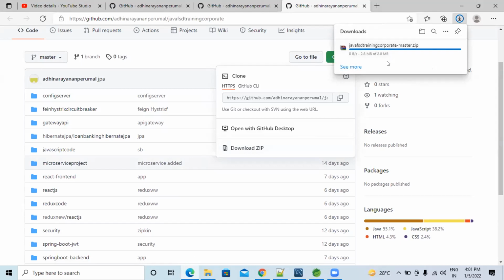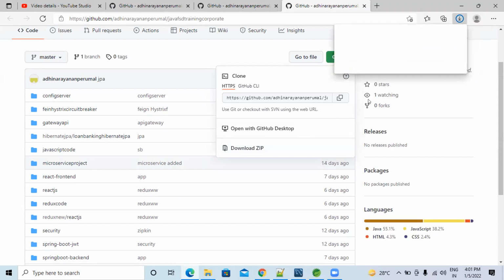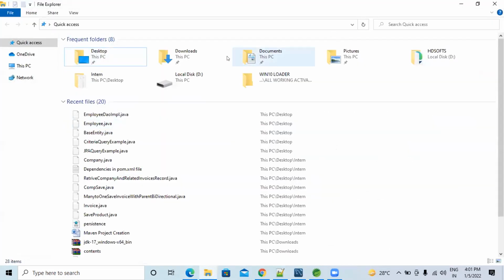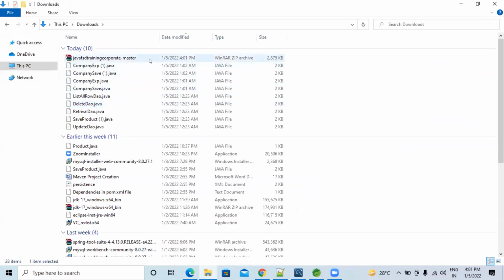Once it is downloaded, go to the download folder, then copy and paste it to some drive, C drive or F drive, whatever you have.